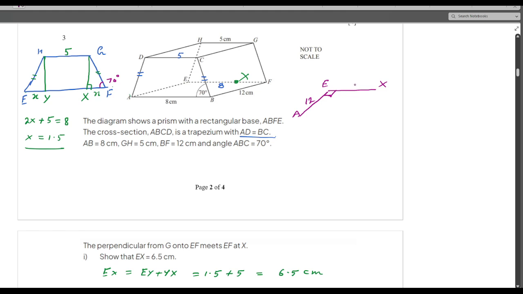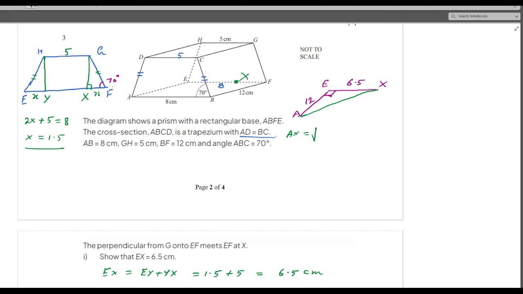EX will be equal to 6.5. So if I join this AX, I can use Pythagoras theorem over here, and I can say that your AX will be equal to the square root of 12 squared plus 6.5 squared. We will take the square root of the same, and our result will be